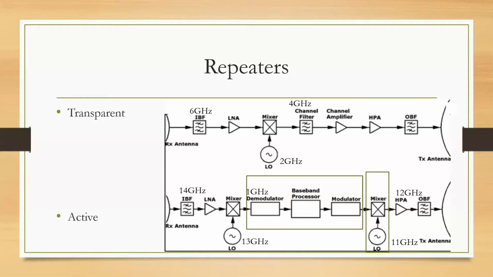Here, one point that I missed out in the last class is that this conversion can be a single conversion or a double conversion. Single conversion means that you only have one mixer. It's not that transparent repeaters are single converters. I've taken the two examples on a separate diagram. So when it is 6/4 gigahertz, you need only one converter to convert your 6 gigahertz to 4 gigahertz and then do the remaining processing and send it back.